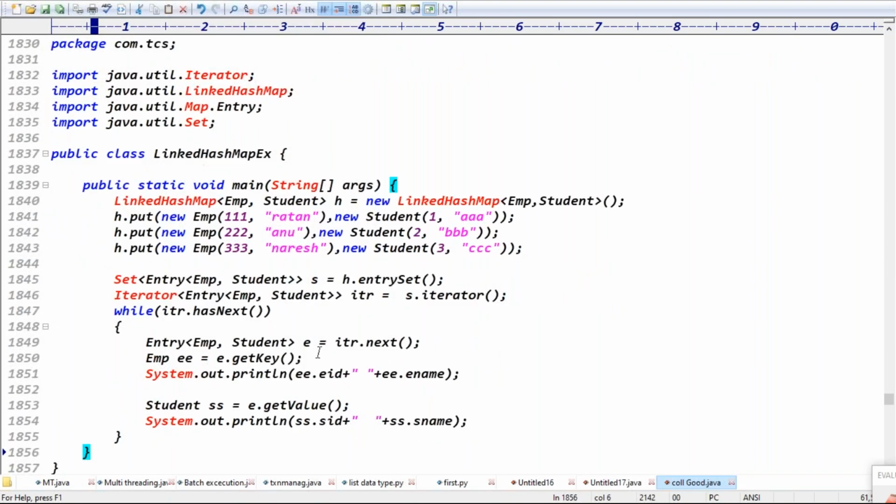Here getKey means what type of data will we get now? Employee data. This is an assignment, guys. You have to understand this example. getKey means employee data, getValue means student data. Once getKey gives employee data, we get employee.eid, employee.ename, and then student.sid, student.sname, right?